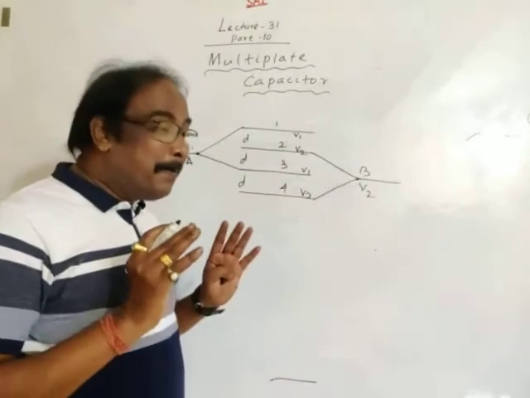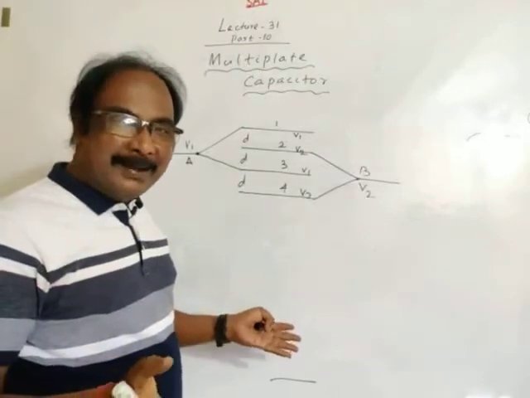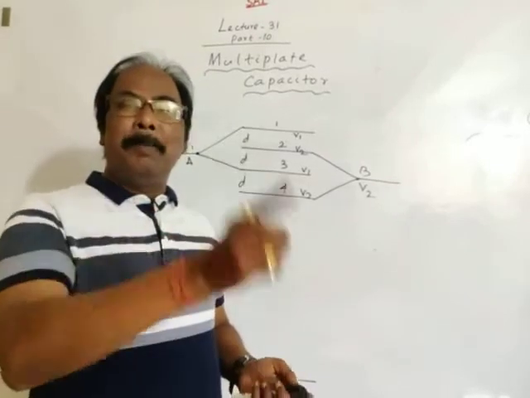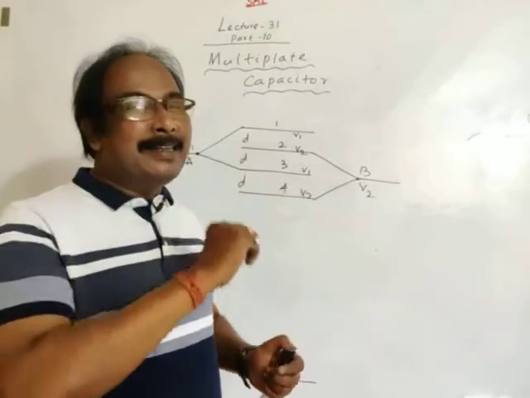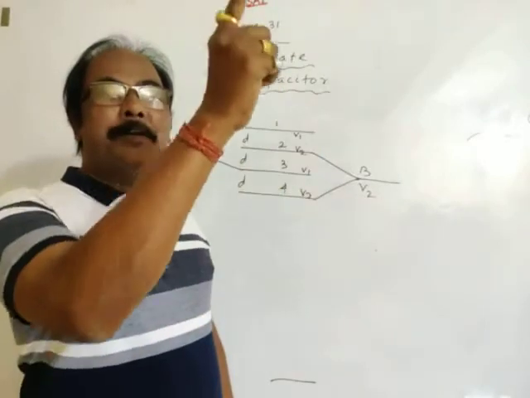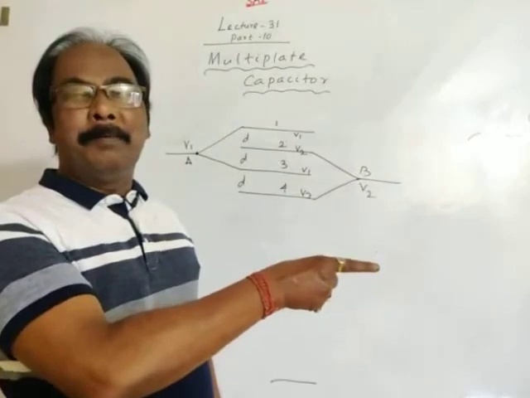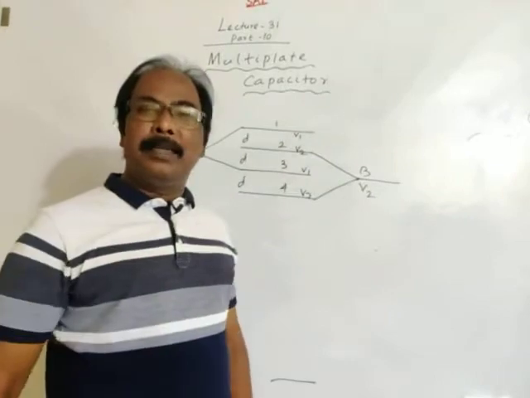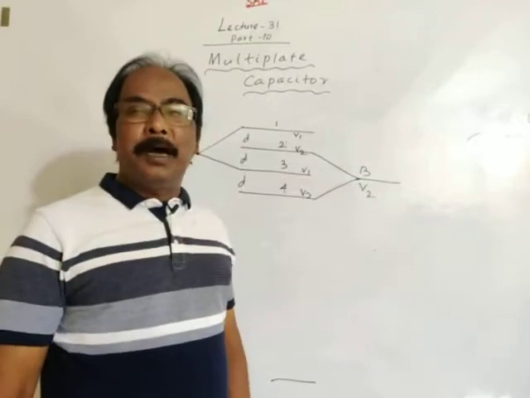Let's find how the capacitors can be arranged. In parallel grouping of capacitors, the basic concept is this: if a number of capacitors are in parallel, then the first plates of all capacitors in parallel should be maintained at a common potential, meaning connected to a common point, and the second plates of all capacitors in parallel are also connected to a common point, as we have already discussed.